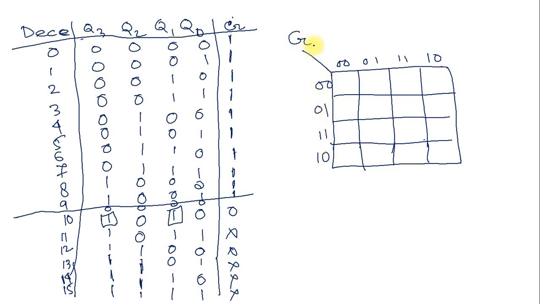MSB is Q3 and Q2, LSB is Q1 and Q0. Now we can place the values of clear. So here it is 0, 1, 3, 2, 4, 5, 7, 6, 8, 9, 11, 10,